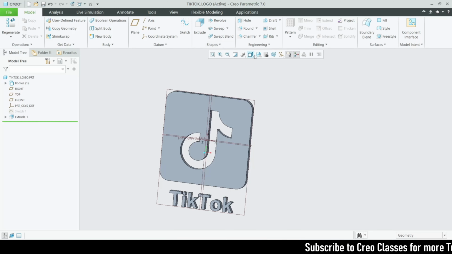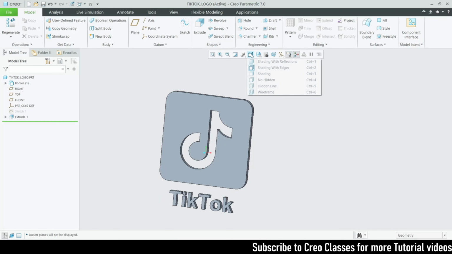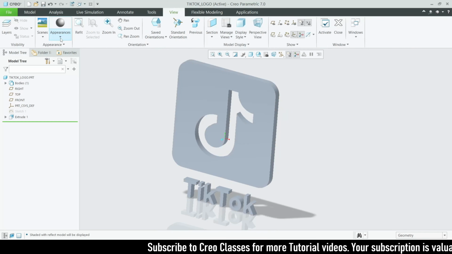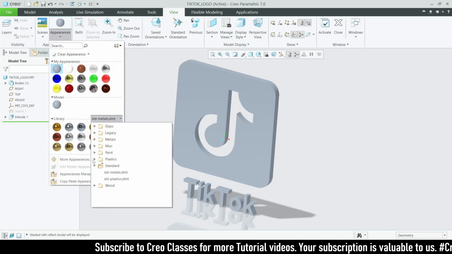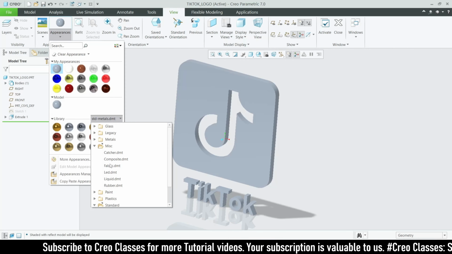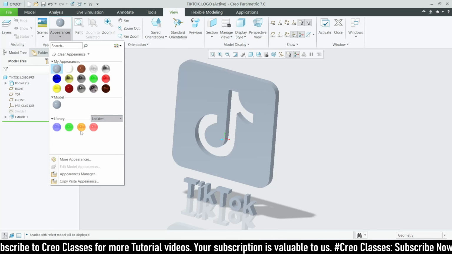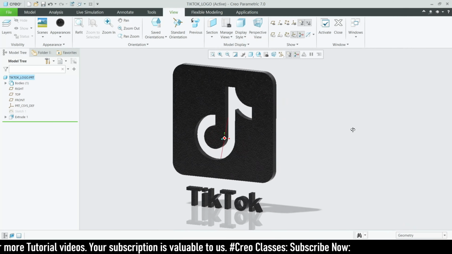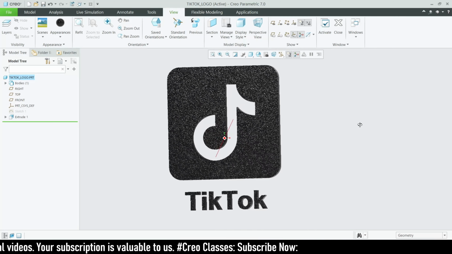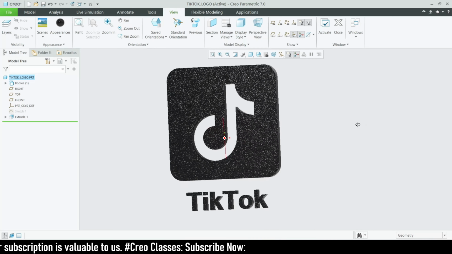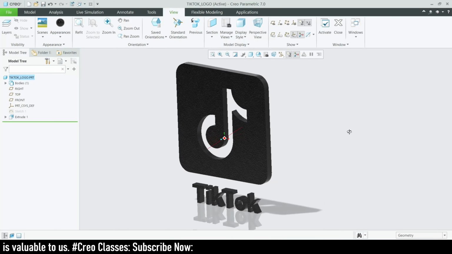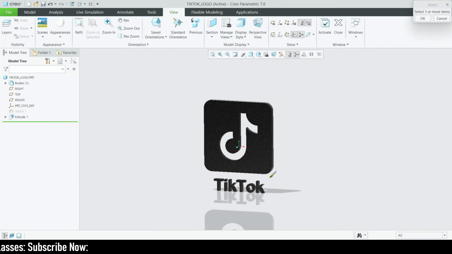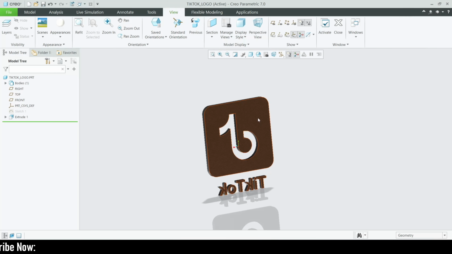So then our coloring. Let's hide all this and go for shading with reflections. And for the coloring view, I'm just going to give some fabric black color for this entire part. Okay, this looks really good, right? And I think this looks good, but if we add white color for the text, okay, instead of white color, let me just